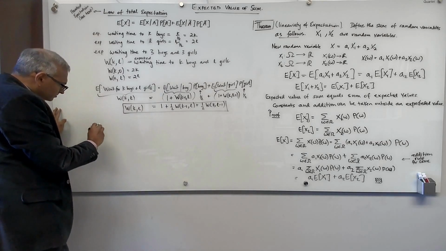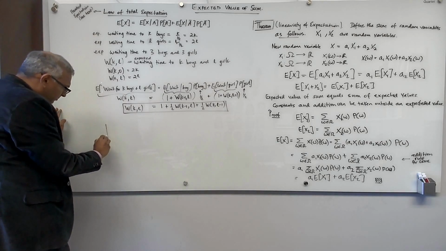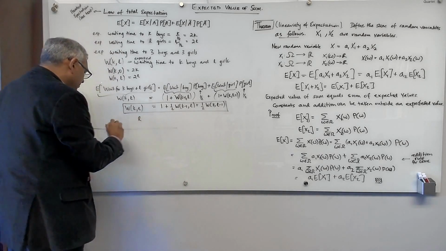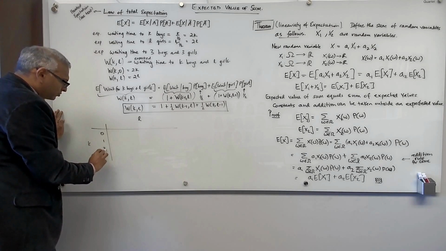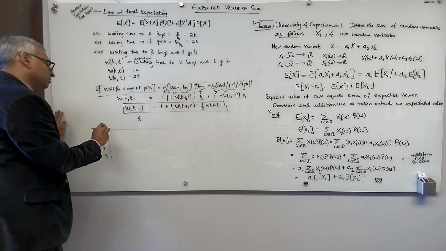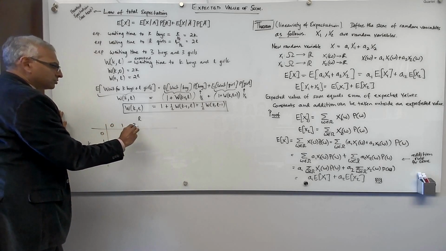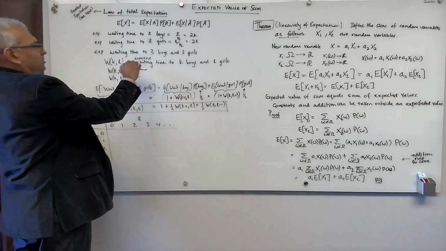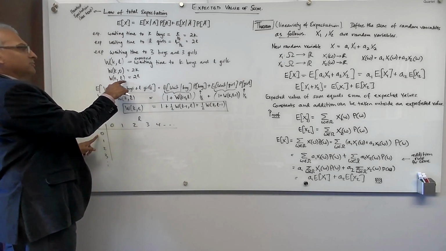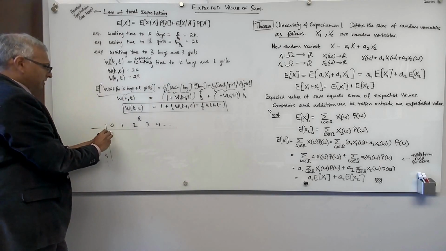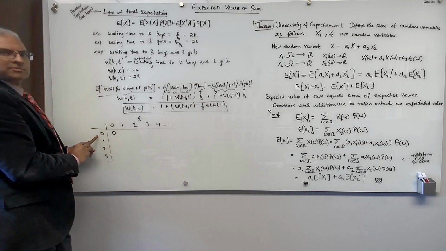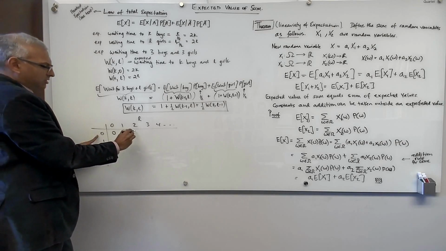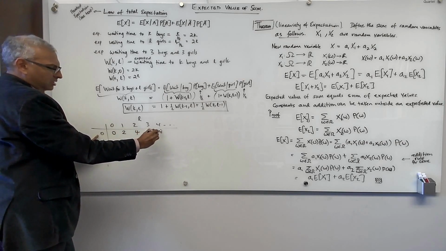Let me put K here. That's the number of boys you're waiting for, and L here. So you could be waiting for 0 boys, 1 boy, 2, 3, and so on. You could be waiting for 0 girls, 1 girl, 2 girls, 3 girls, 4 girls, and so on. If you're waiting for 0 boys, the waiting time for 0 boys and any number of girls is just twice the number of girls. So you don't have to wait at all if you're interested in no kids. You're done. If you're waiting for 1 girl and 0 boys, you wait on average 2 kids. On average 4 kids, on average 6 kids, 8, and so on.